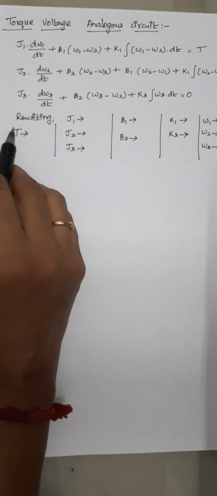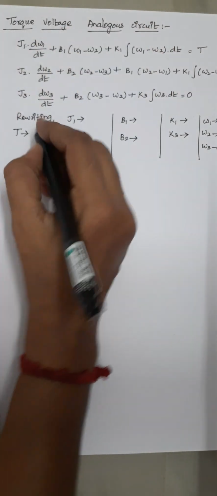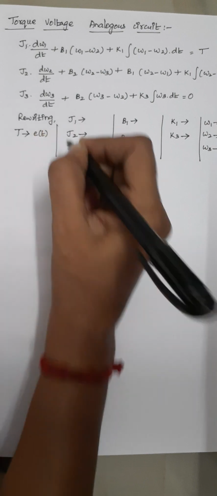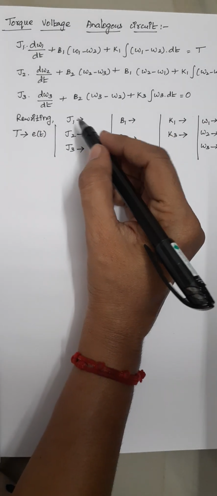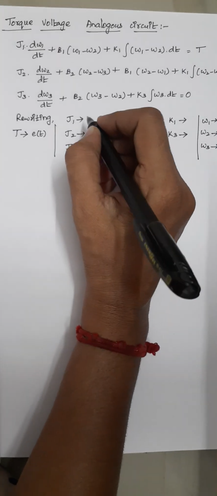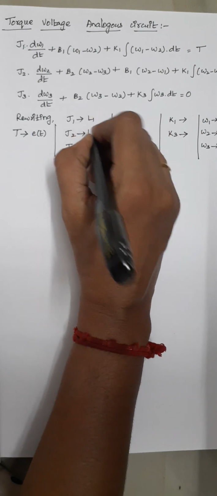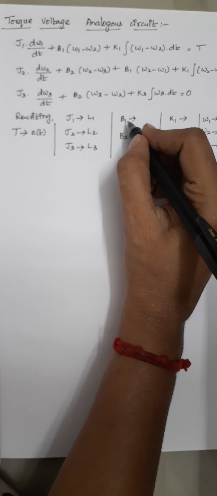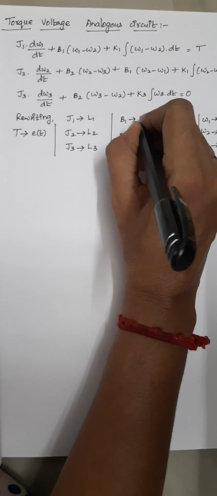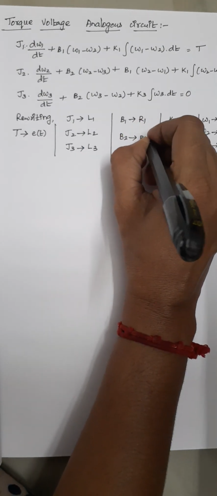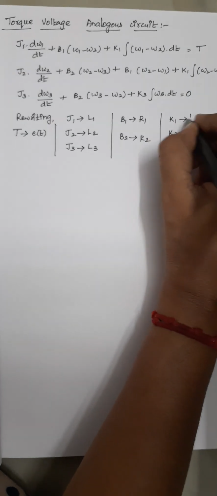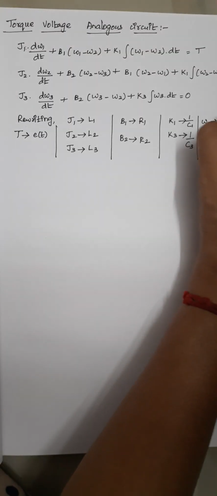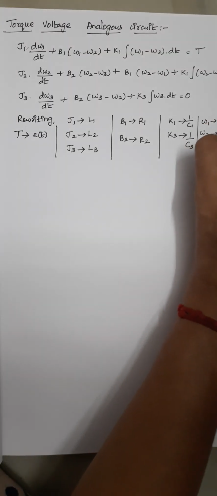As the name mentions, here the torque will be represented as a voltage, and J1 will be represented as L1, J2 as L2 and J3 as L3. B1 will be represented as R1 and B2 as R2, and K1 is represented as 1 by C1 and K3 as 1 by C3, and omega 1 is represented as I1, omega 2 as I2 and